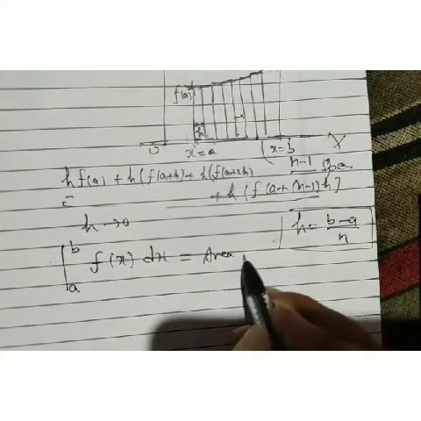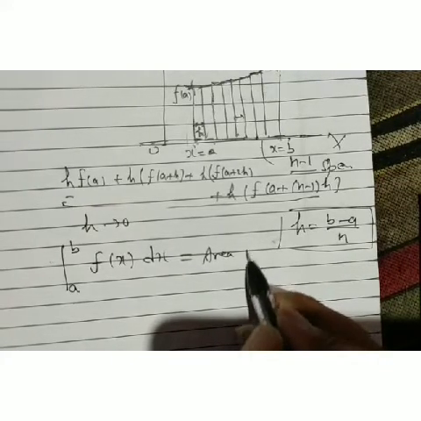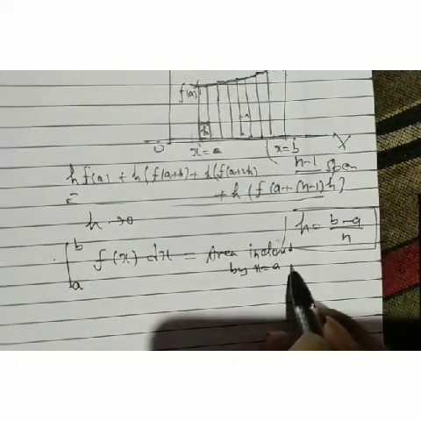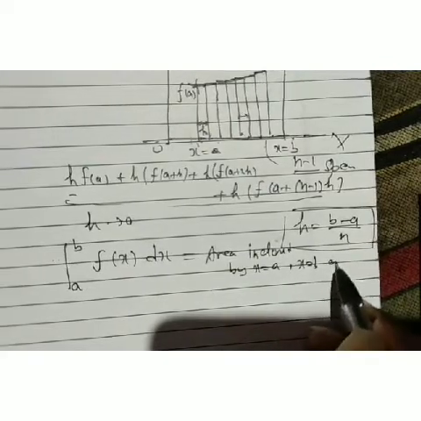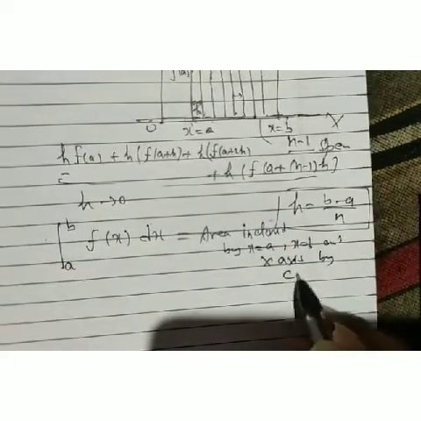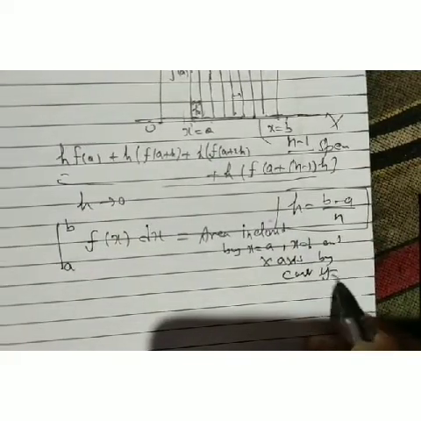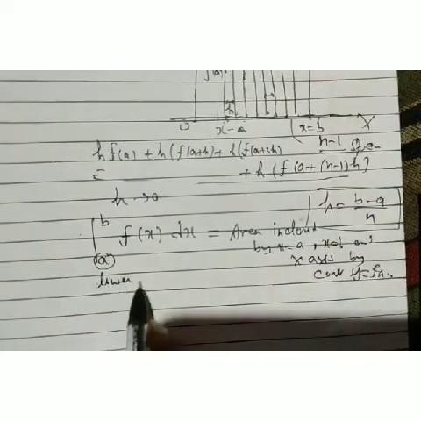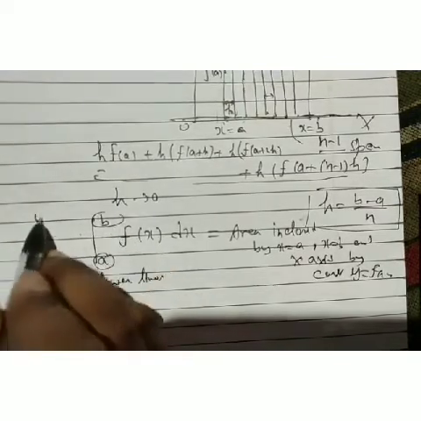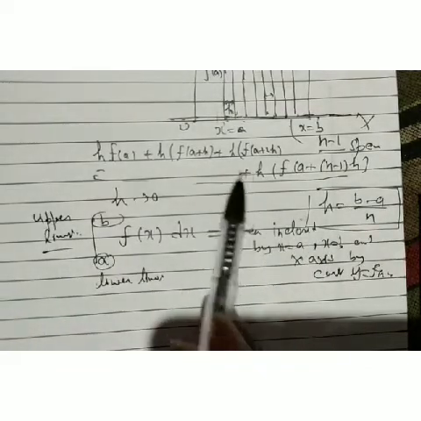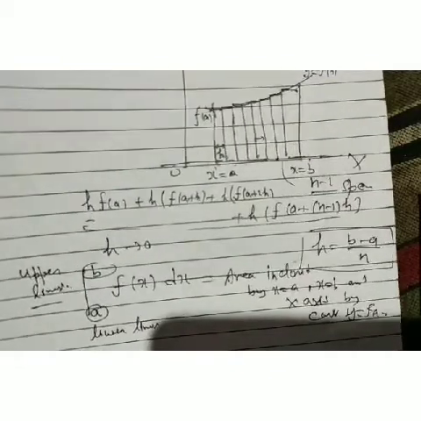which is equal to the area enclosed by x equal to a, x equal to b, the x axis and the curve y equal to f(x). What about this a? This is known as the lower limit. And b is our upper limit. Then what we saw here in our definite integrals, we have discussed the limit as a sum.